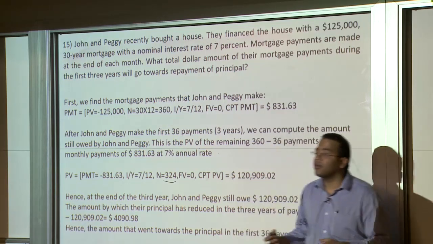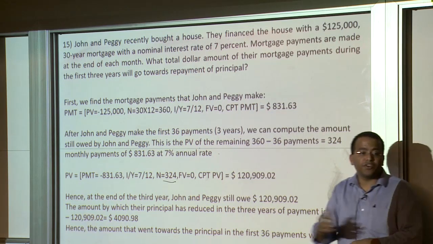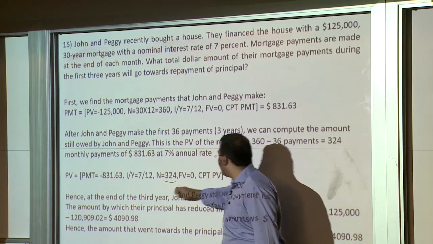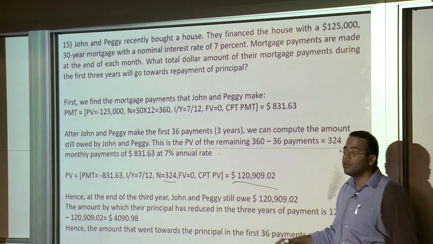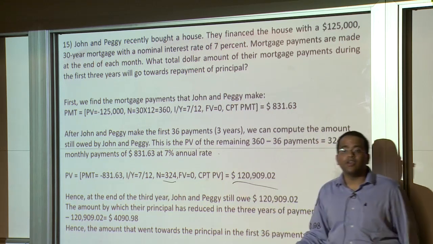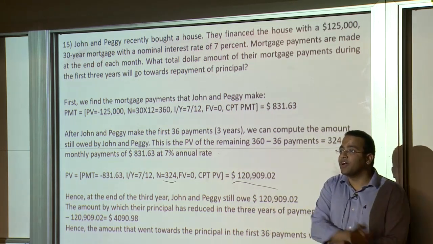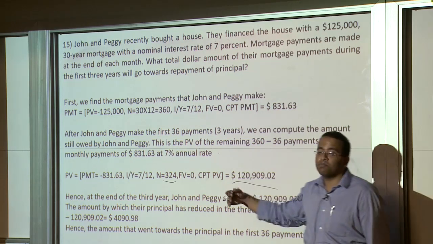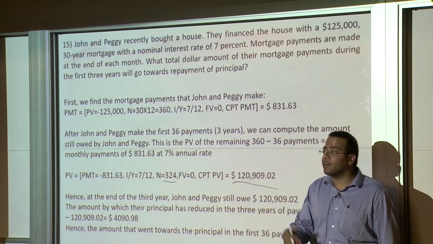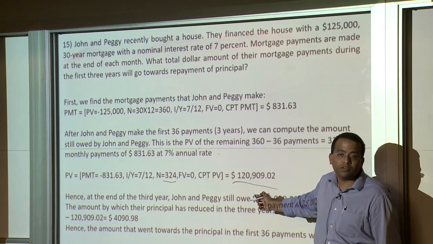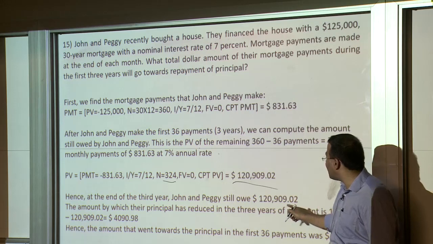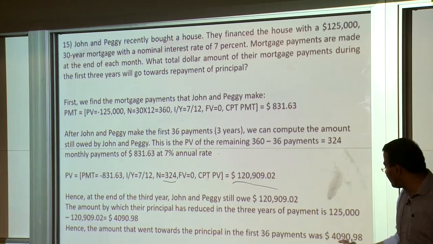You're trying to find out what is the principal that's still left over after the first 3 years, when you still have 324 payments to go. So that's N equal to 324, and you compute the PV and you get 120,909, roughly 121,000. That means at the beginning of the 30-year period, John and Peggy owed this mortgage company 125,000. After 3 years of making payments, after making 36 payments, they still owe 120,000. So their principal has gone down by the difference between these two numbers, which is just about $4,000,